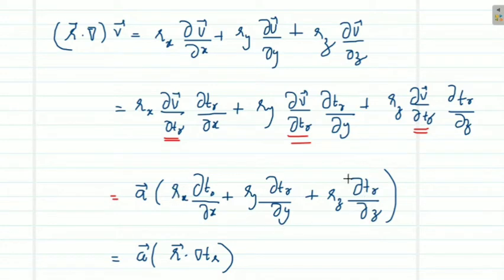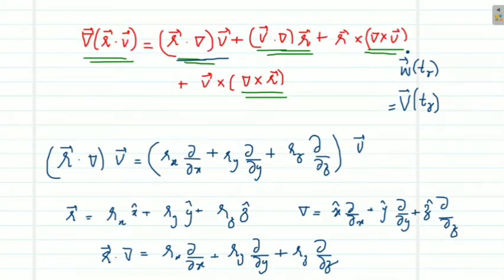So you can do and find that r bar dot del tr is this term. So this is a common type of expression that we will keep on seeing throughout these derivations. So Rx into the x component of some vector, plus the product of y components of some vectors, plus the product of z components of some vectors, is generally the scalar product of two vectors. So we have expression 8a. This was substituted as equation 8a into our substitution for del of r bar dot v bar.